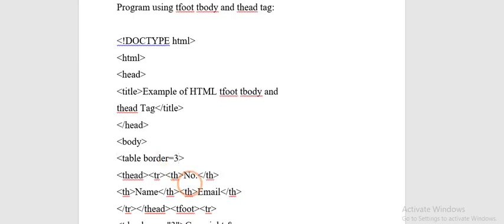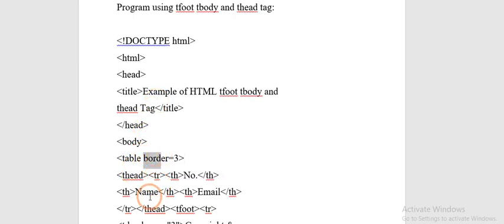For creating a table we use the table tag. Here table is the tag whereas border is the attribute, and the attribute has a value, that is 3. Remember, every attribute has a value associated with it. The border is the attribute we commonly use with the table tag. If you don't use the border attribute, the outline of your table will not be seen. If you want to see the outline of your table, that is denoted by the attribute border.